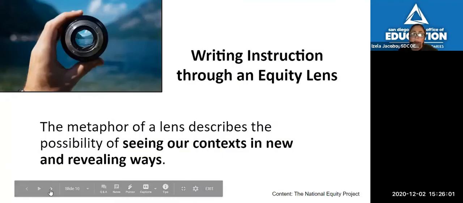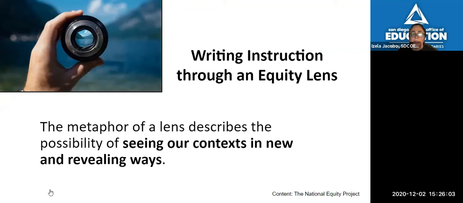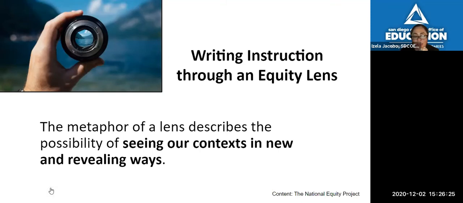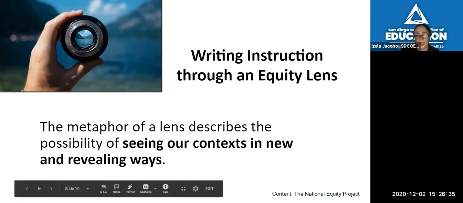And allow me to just share with you that this work that we do through Write requires a very clear and explicit equity lens. We need to make sure that we understand that when we engage with this work, Write is definitely taking a new and very different approach to English learner writing. It's not writing as it's been taught. It is definitely taking a very close look at our practices through this equity lens. And we want to reassure you that Write continues to evolve as new research becomes available. As we move on to the next slide,